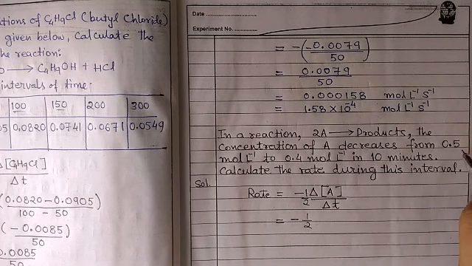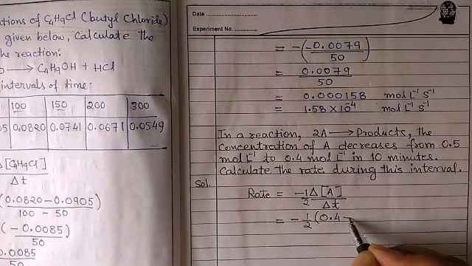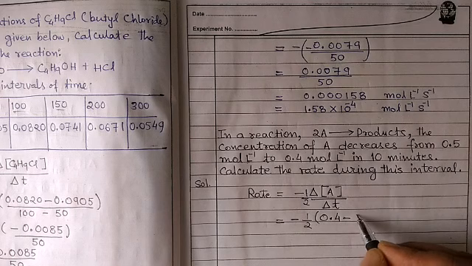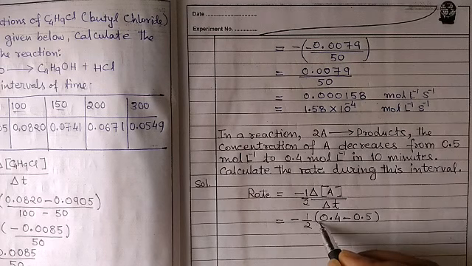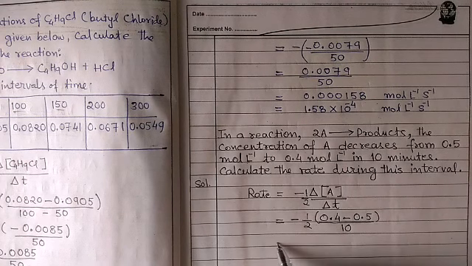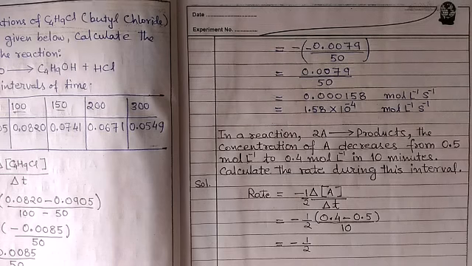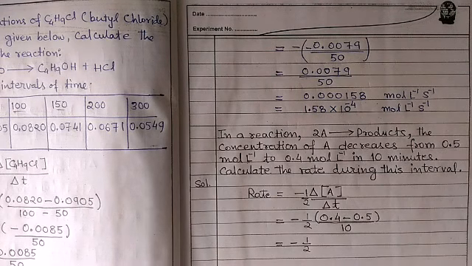This will be placed first because this is final, and subtracting it by initial concentration 0.5, and then it took 10 minutes, so let's write 10. This is the simple way it is to be written, and then we have these values, minus 1 by 2, subtract 0.4 and 0.5,